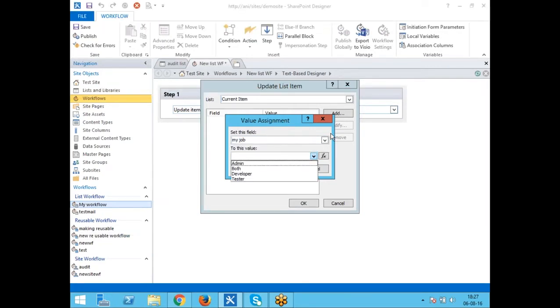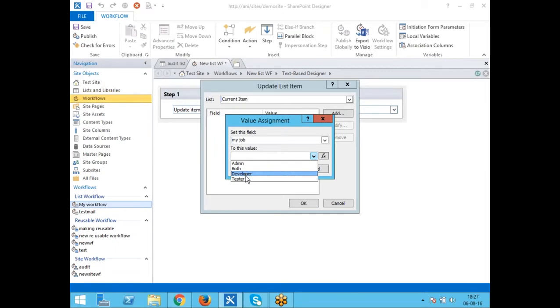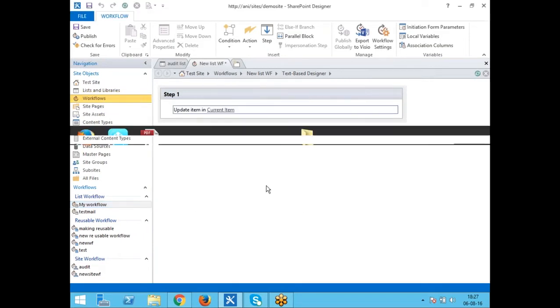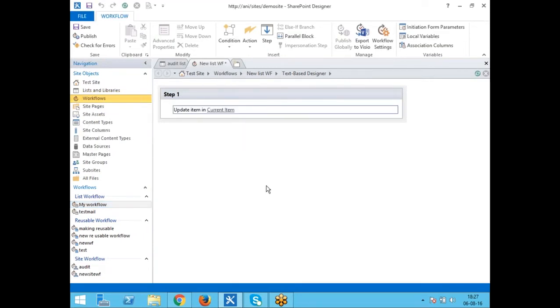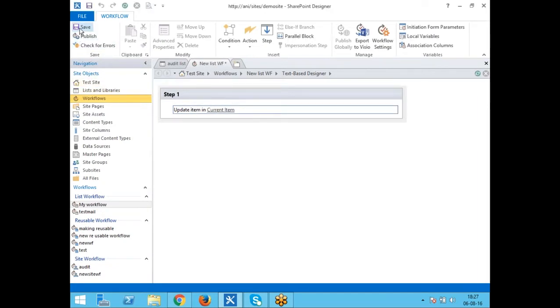My job is a choice column, and I'm selecting admin or something, you can select anything. I'm making it developer once I create an item. Click OK. I have a total of four choices, but I'm not making it running now. This is my simple workflow, and I'm saving it. I'm not giving any condition,